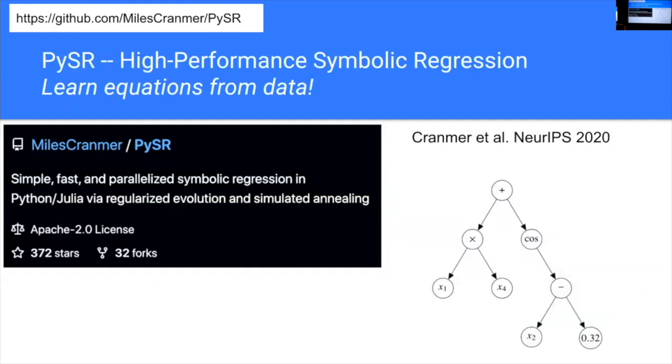Okay. So I just wanted to mention my software called PySR. If you're interested in doing what's called symbolic regression, it's a very interpretable way of doing machine learning. It does a search for equations for a given data set. I encourage you to check out this software on GitHub. It's all Python, so you can plug it into your pipeline. It's also really useful for interpreting a neural network. Can you go to the next slide?